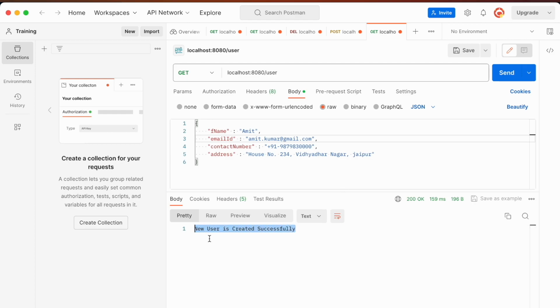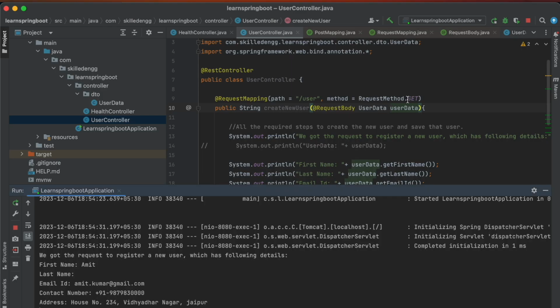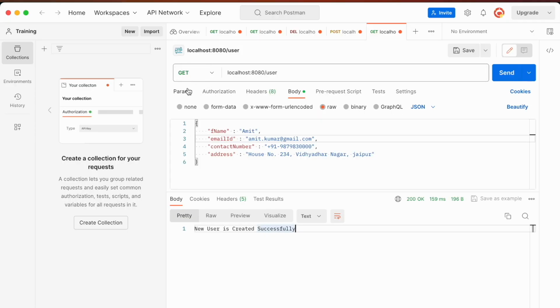So it is working now as well, where we are hitting it as a GET and we have kept this as GET with the request body here, and we got the expected logs as well. So it is working fine in all ways, whether we want to keep this POST or GET. It's just that we need to use the same HTTP method here as well in the Postman.